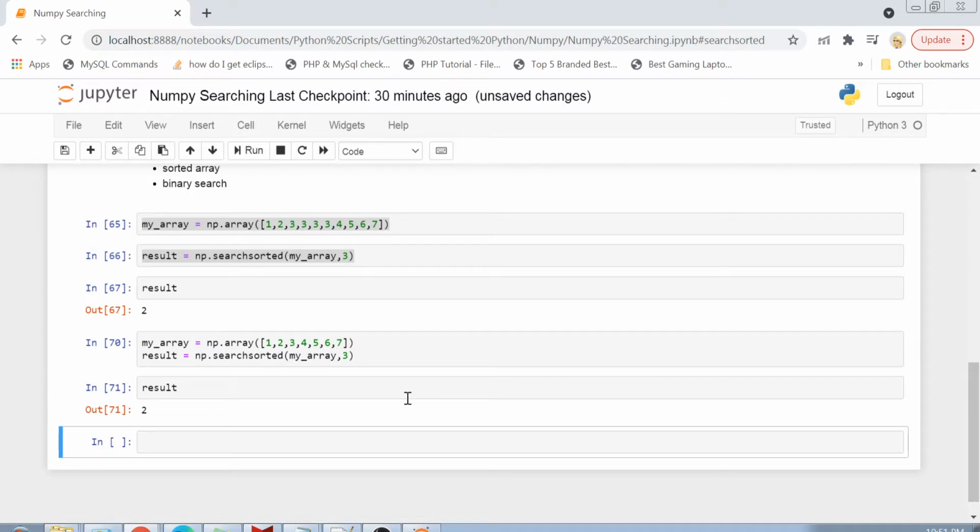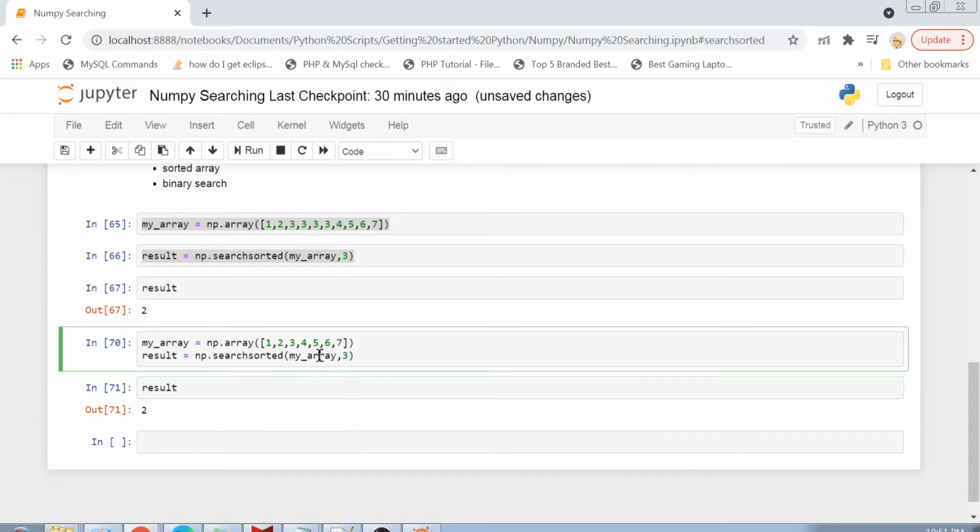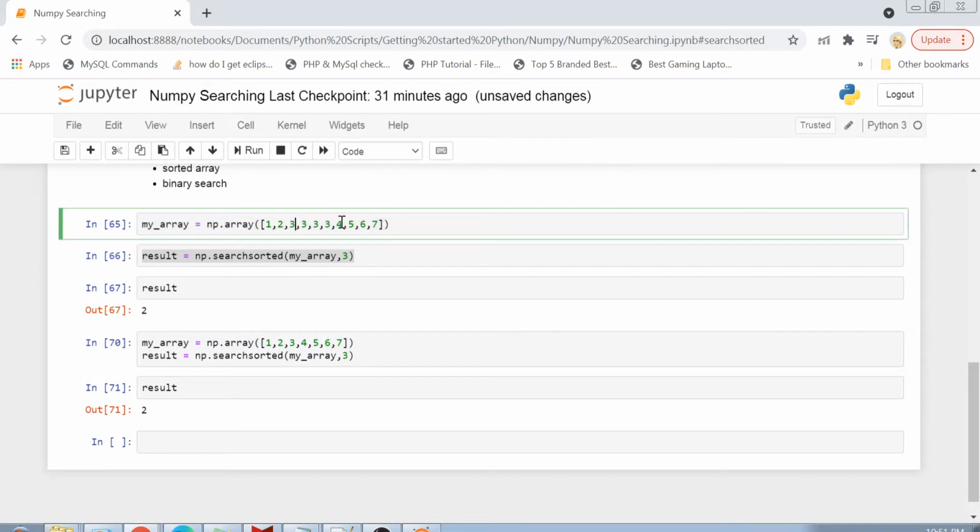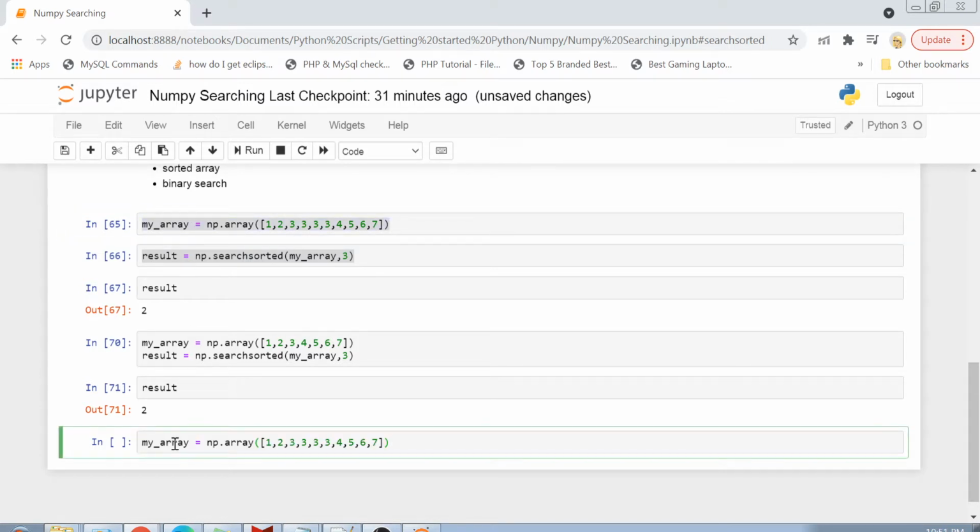Another thing which I want to show here is that if 3 was in multiple positions, you were only getting the first index starting from the left. But what if I want to search from the end? In that case, you can use something called side.